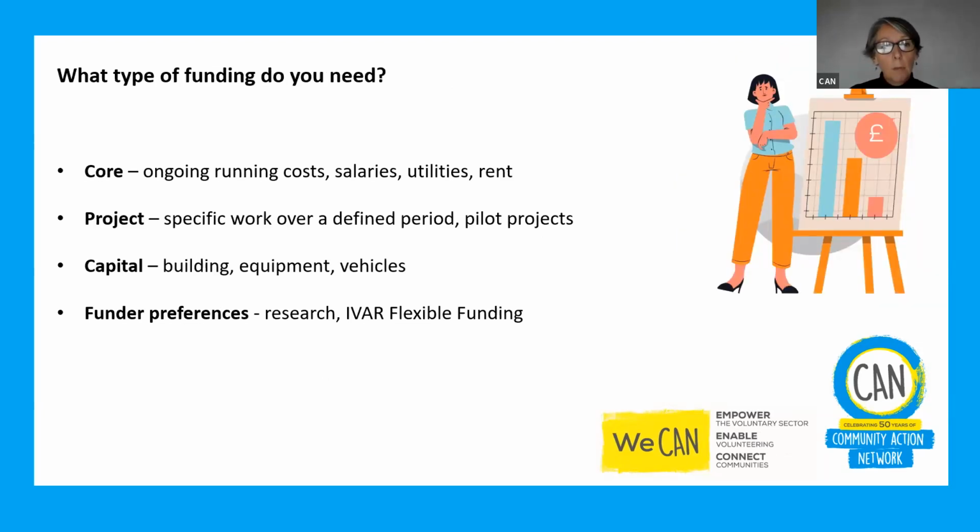So moving on to what type of funding you need. The main types of funding are core costs, which will support your ongoing running costs, which can include your salaries, utilities, and rent. Historically, this has been the hardest type of funding to locate, and a lot of funders have specifically said they won't fund core costs, and they've focused more on project work. But there is a shift happening there, and particularly since COVID, a lot of funders have been part of an initiative run by IVAR, which promotes flexible funding, and a lot of funders through that recognise that in line with COVID